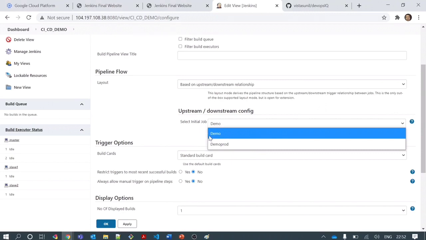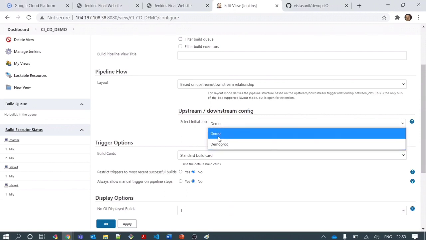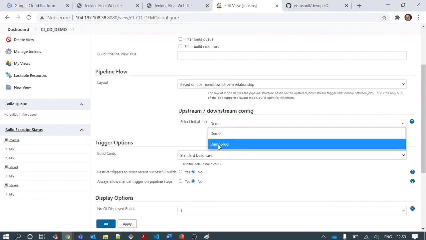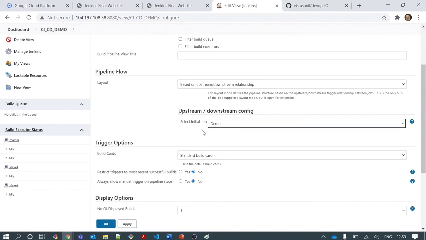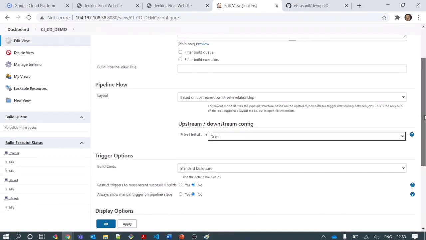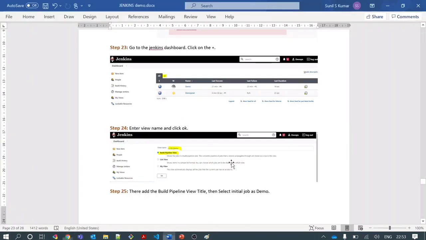And if you remember the setting we did in the last session, when we were creating these jobs, our demo prod job is dependent on the demo job's execution. If the version it is building is stable and all tests are successful, then it will trigger the demo prod job, otherwise it will not trigger. So this setting we have already done in the demo job configuration in post build actions, right? So by default I will choose to run the initial demo job, and it will automatically trigger demo prod if it is successful, right? Any more settings we want to do?